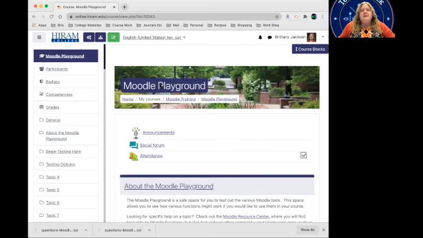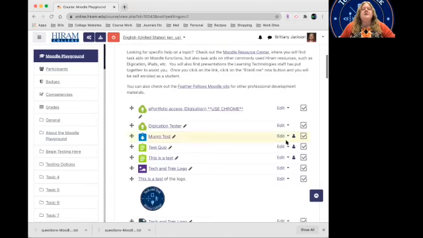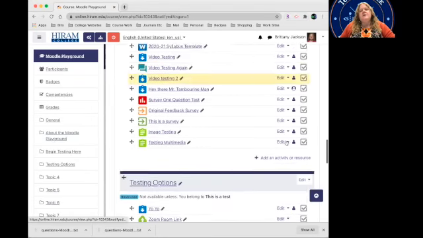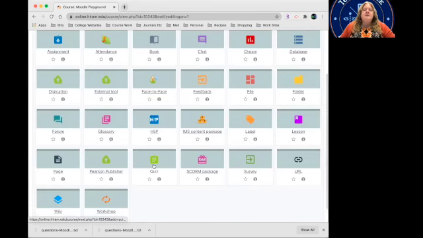So here I am in the Moodle Playground, and if I come up here and turn on the editing by clicking on that green button, it's turned red. We can see the crosshairs and the edit buttons, so now we know we can edit this document. So if I come down here and click on Add an Activity or Resource, and then I click on Quiz,